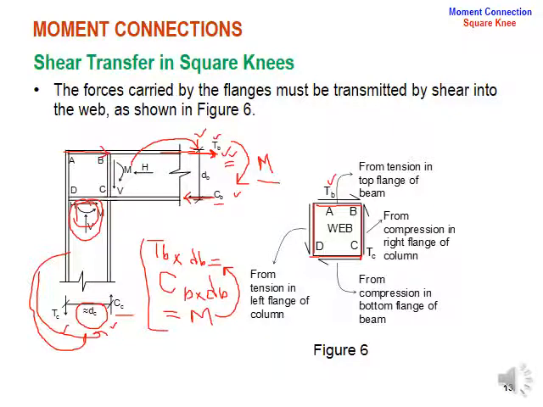The direction of the TB will be tensile in nature, and at the bottom it will be compressive in nature, so it will be CB. But we are going to write the same, because if DB is the same, these two values TB should be equal to CB. Similarly you can see on the right and left side, from the column it will be the TC, that is from the compression in the right flange of the column, and equal and opposite you will get from tension in the left flange of the column. So these compressive and tensile forces are shifted towards these faces of the column, right and left of this element, and these forces TB and CB are shifted on top and bottom of this element.